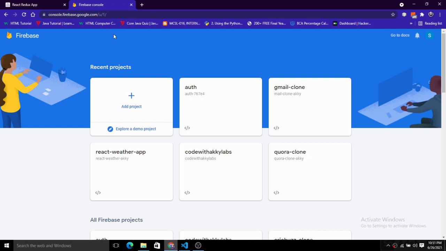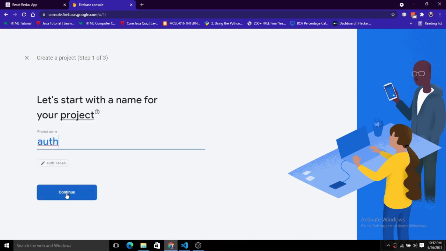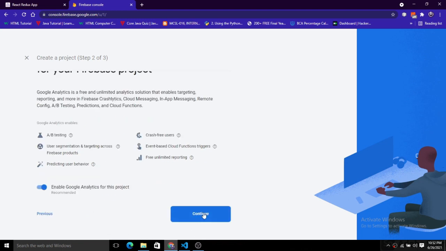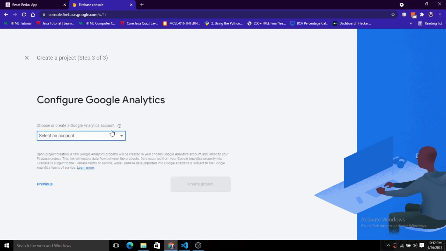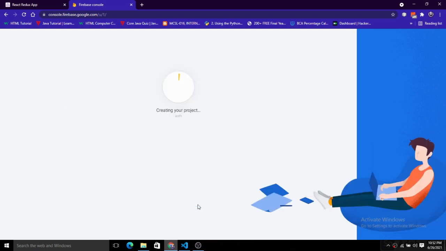I have already created a lot of projects here. You just click on add a new project, give the name, click continue, and after that click continue again. Give the whole thing the same as this, click on create project, and you just create the project.